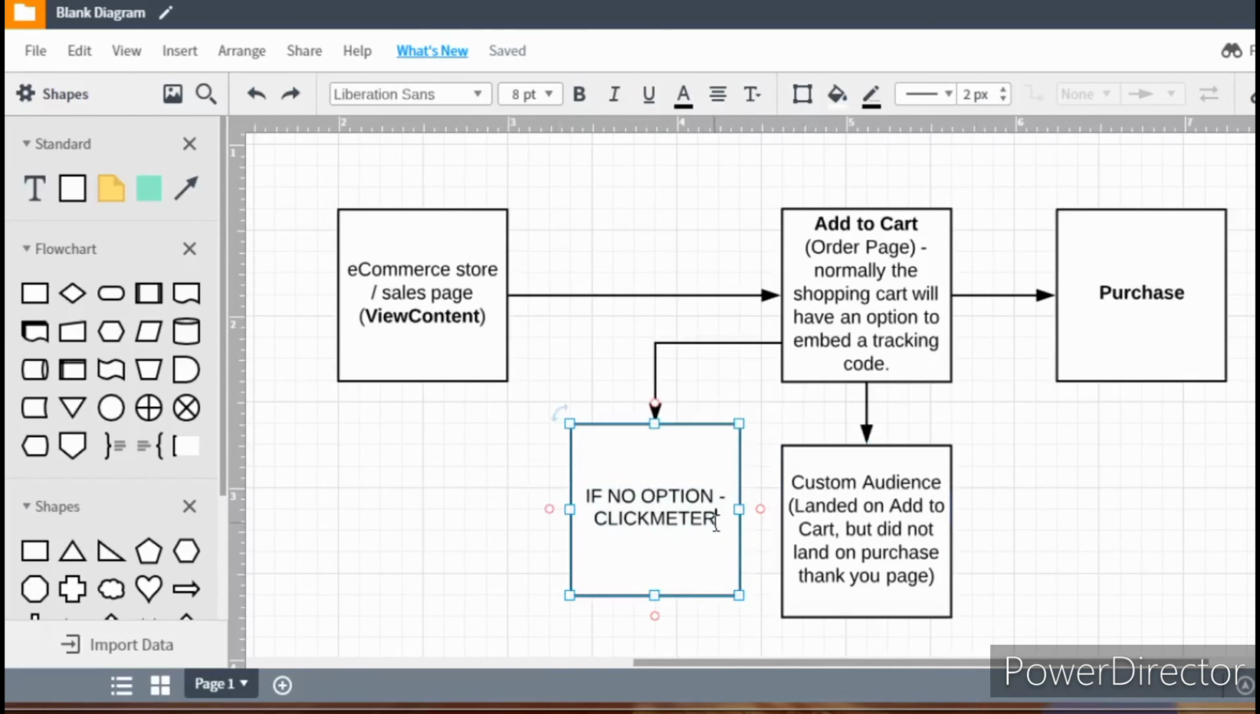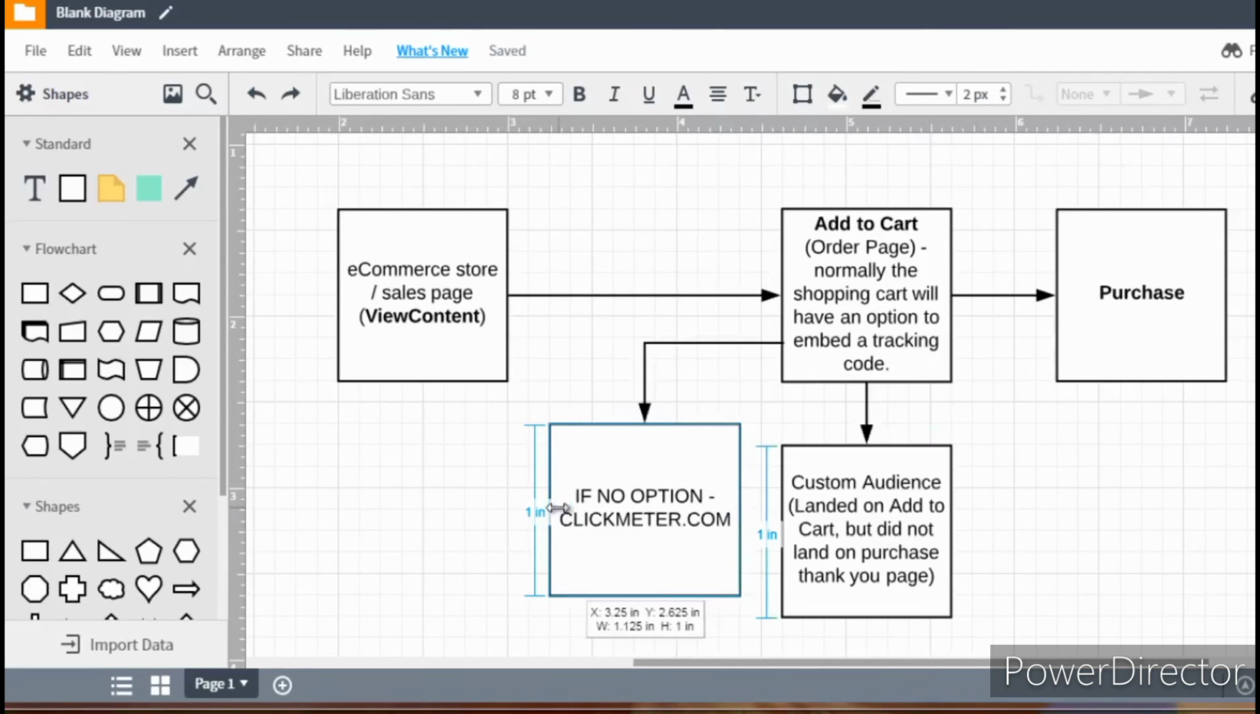So I'm going to put clickmeter.com just to clarify that a little bit. There we go. So what happens after the purchase? Well,